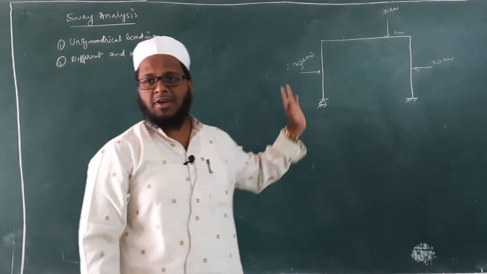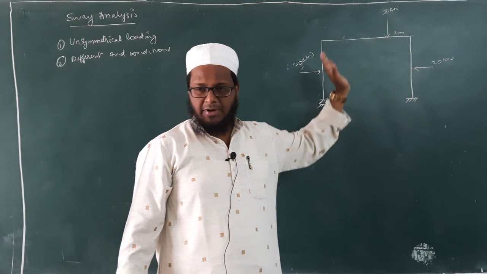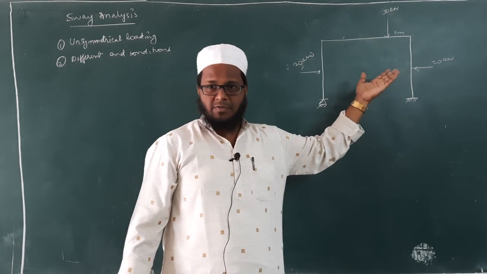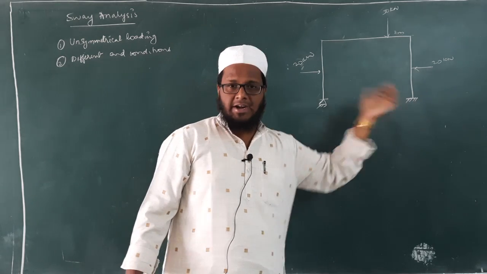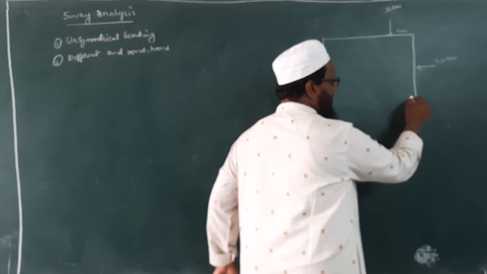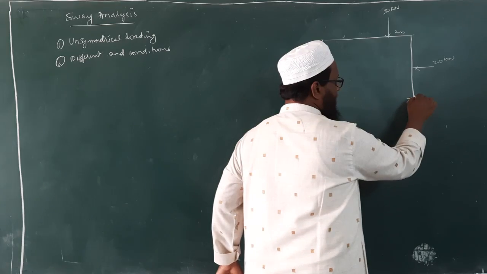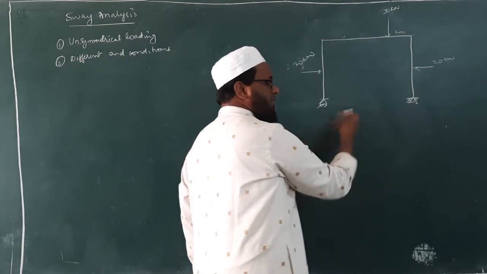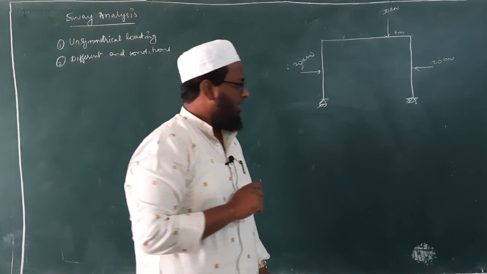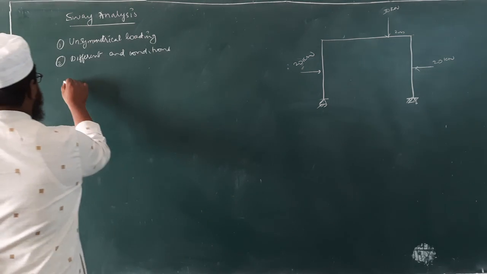The frame is said to be your unsymmetric, isn't it? The frame will subject to sway. The frame will experience sway once we have different end conditions. Okay, and here also, suppose for example I have here a roller support again, then both the supports are different, then it may lead to sway. Okay, then another condition is the third one,